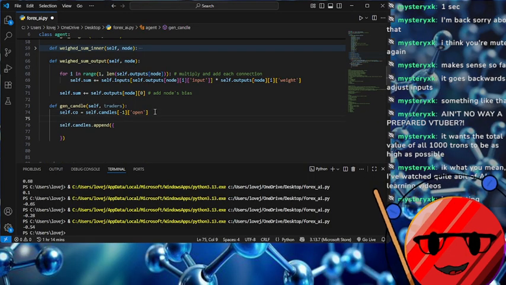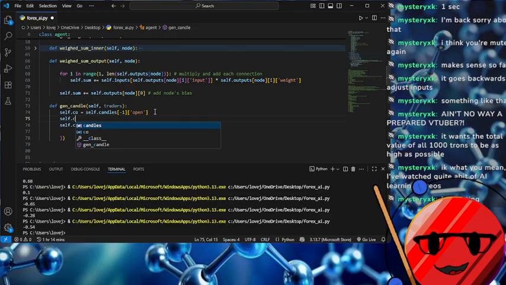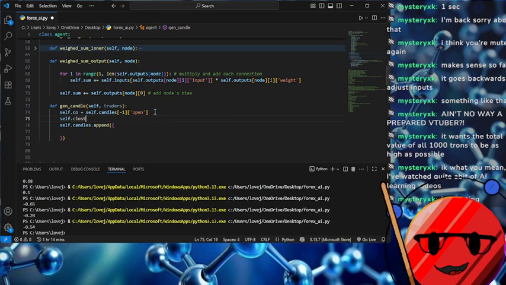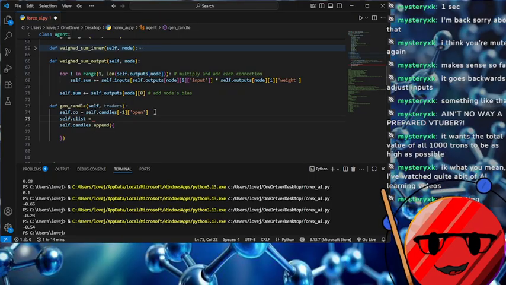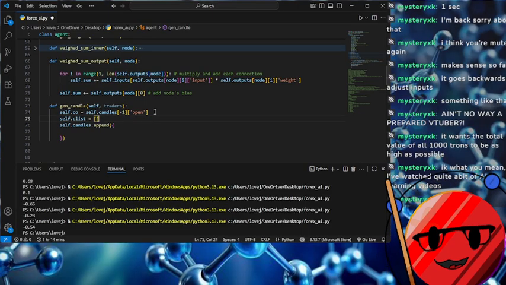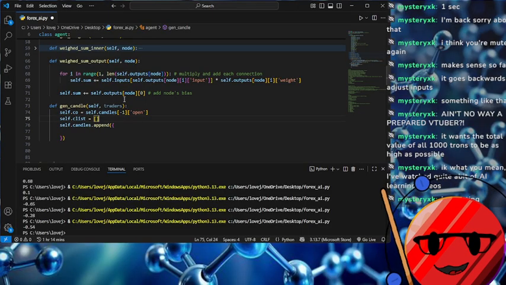Okay, so then that means we need self.c list, or list. There we go. Because we need to know the highest and lowest value, which means we need to keep track of it until all the things are generated. We also need, so that means inside of the candle we need to do the number of,